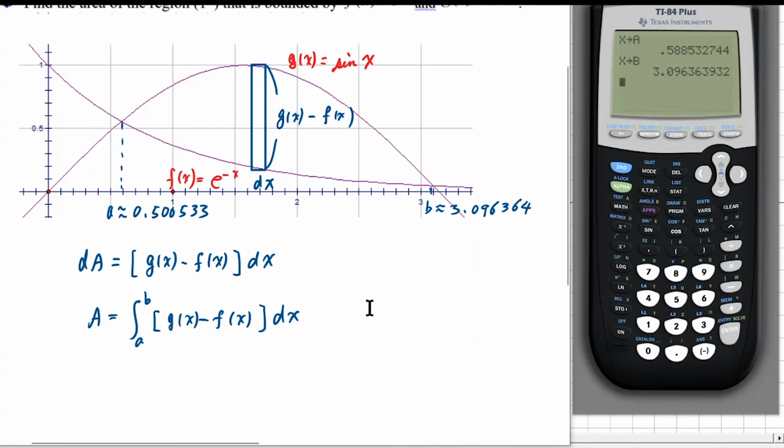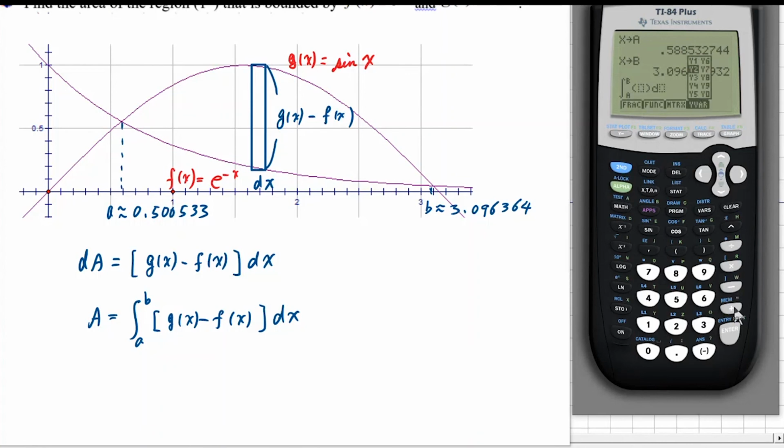In motorcycle racing, we ride a motorcycle. It's still faster. So we go over here, math, 9, the hotkey, and there from your letter A to letter B. And then, do you remember how to put these two? This f was y1 and g was y2 in our case, so second,